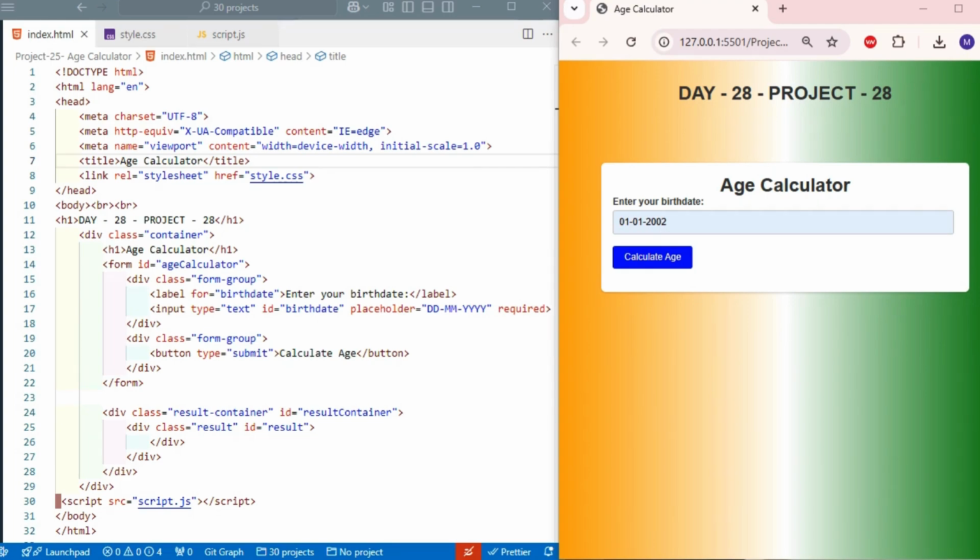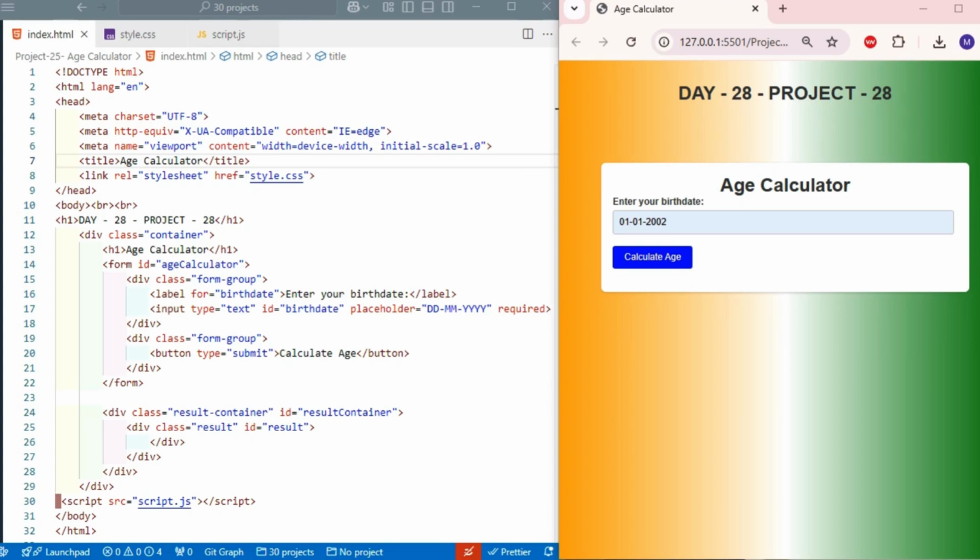This project is more than just numbers. It's an engaging way to explore how technology can simplify even the smallest details of our lives. With just your birth date, this tool calculates your age instantly using JavaScript's power to manipulate dates dynamically. It's user-friendly, interactive, and packed with learning opportunities for budding developers. Stay tuned for the explanation of the source code part.